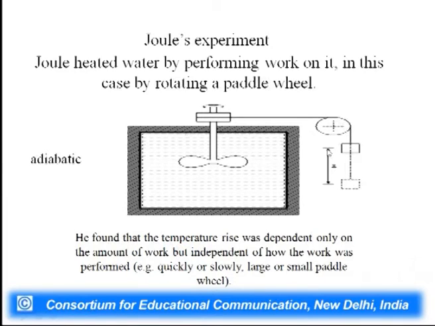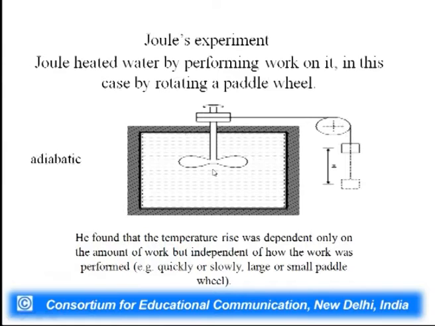So, if you go this distance z, how do you go? Fast or slow? You go in different steps, 5 steps, 6 steps, 10 steps or 1 step. But if this distance is the same,